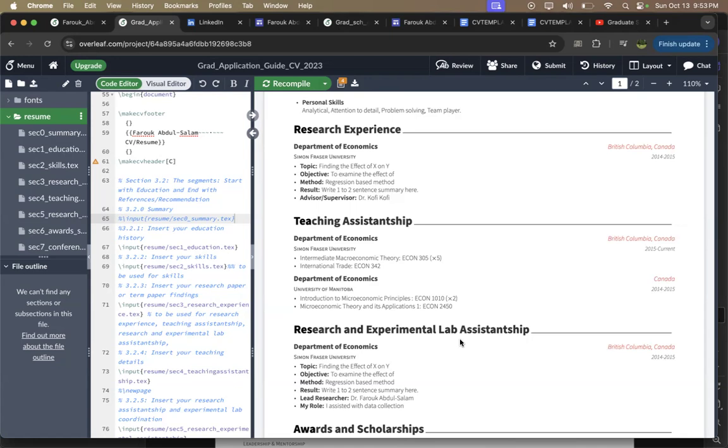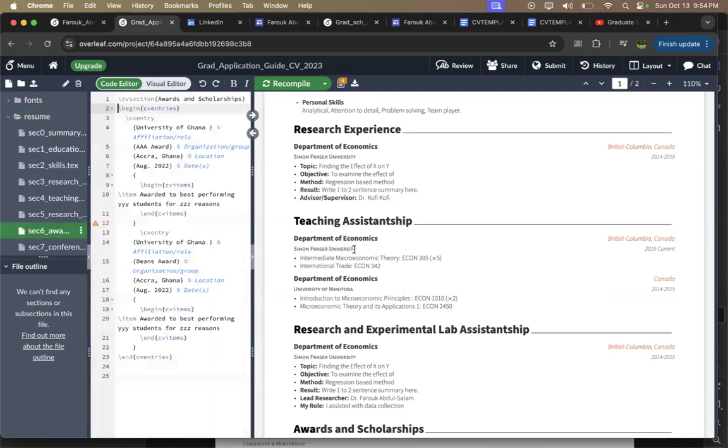So in my case, when I completed University of Ghana, I had the opportunity to be with the statistics department where I assisted with teaching as a teaching assistant. So when it comes to my CV, I first of all have to make it a point to tell everyone who is trying to understand my profile that, hey, I did serve at a department, which is the department of statistics in my case. The name of the school, for sure, I need to mention. Then the courses will follow. You should not be silent about the courses that you taught. You have to make it known to them that these are the courses that I assisted with.